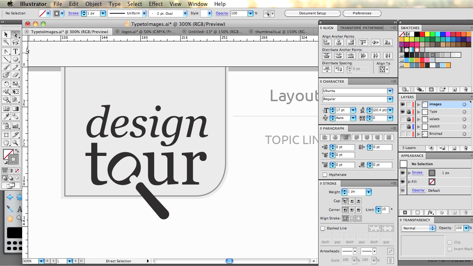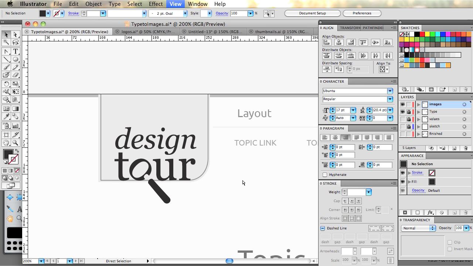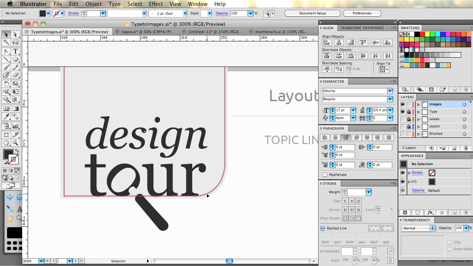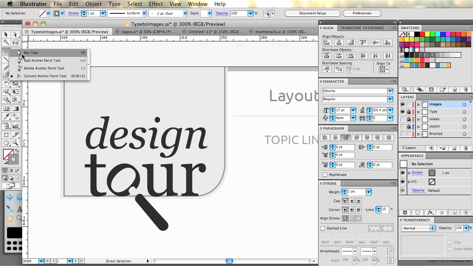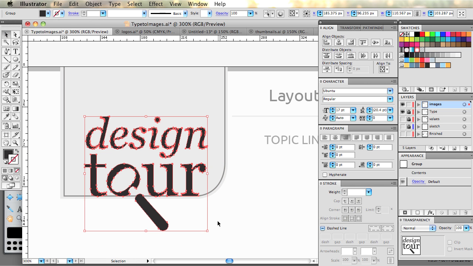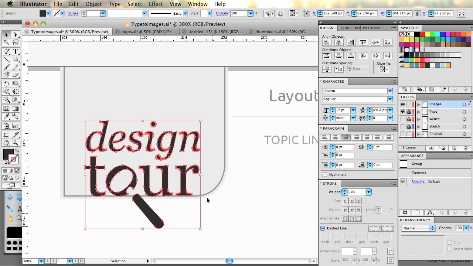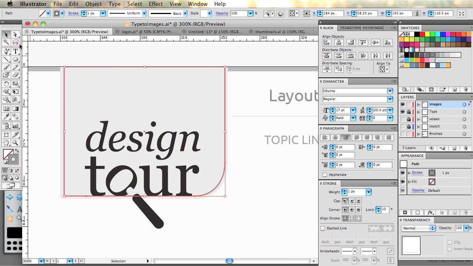One thing that I think might be interesting is what would happen if we pulled this down so it sits right on the bottom of that. I think that may add some visual interest there. But this gray line then bothers me as it goes underneath the type. So what I'm going to do is add some more anchor points here. I'm going to add one here, and I'm going to make this logo just a little bit smaller. And then I'm going to add one